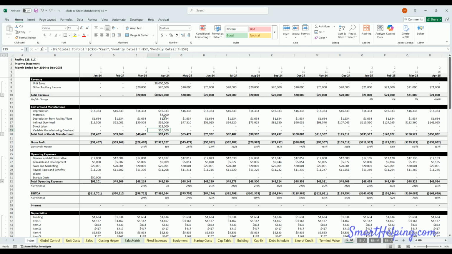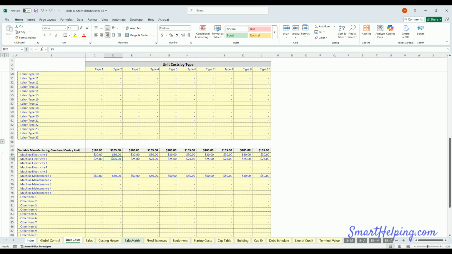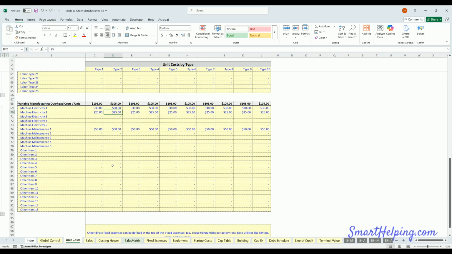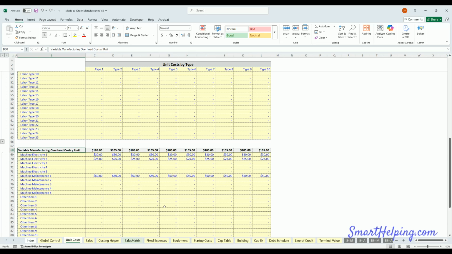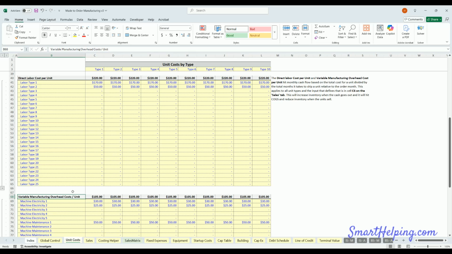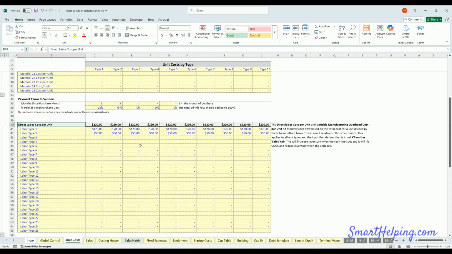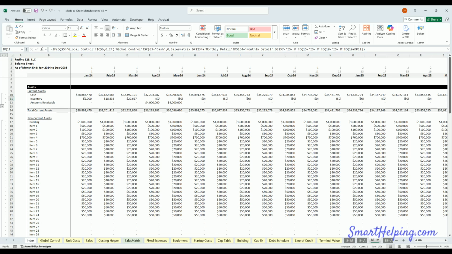And then that's when these items will impact inventory. So your variable manufacturing overhead, it's absorption costing accounting. These and direct labor will increase your inventory. It's called work in progress or what have you, but essentially